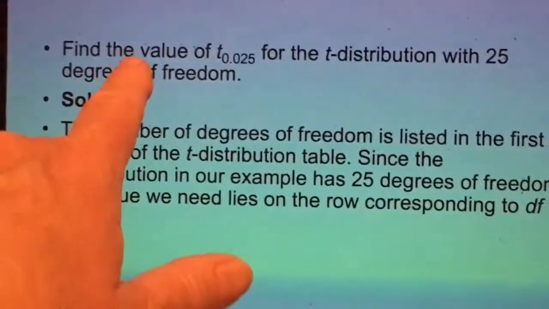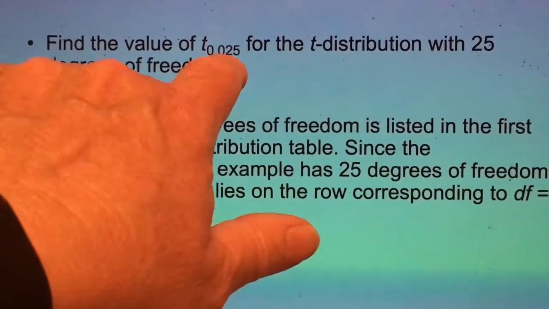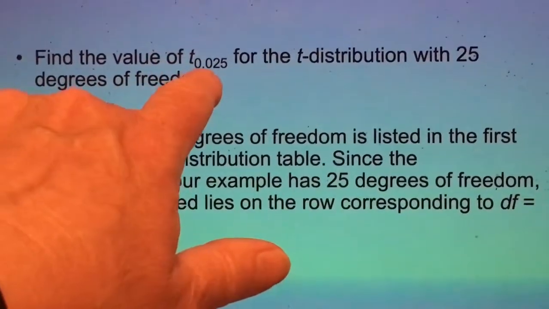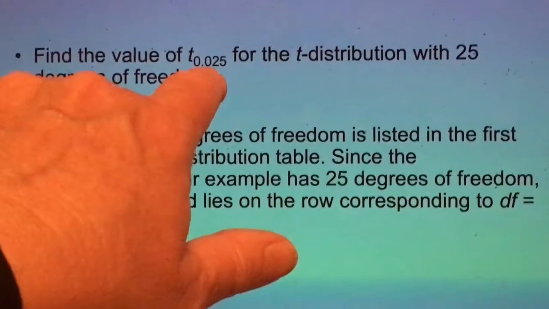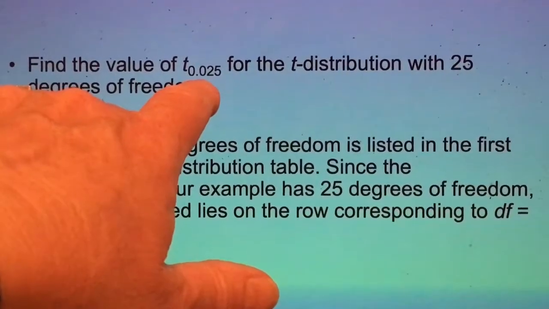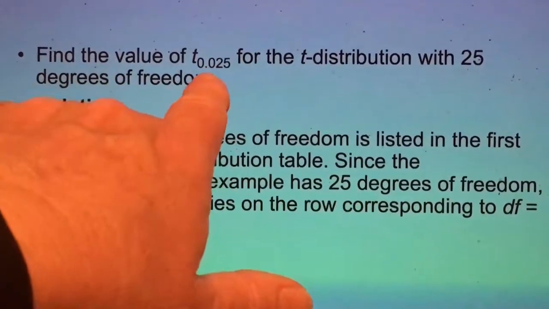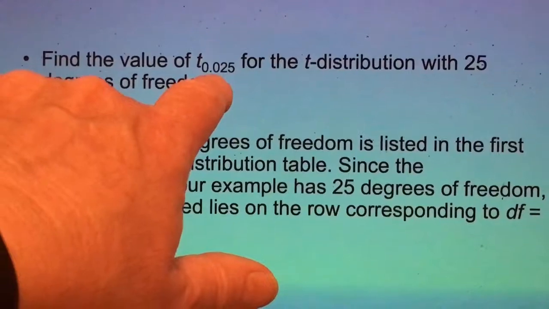Okay, so find the value of t sub 0.025. Now, that means we have that much to the right, which means we have 0.975 to the left. So we're going to look in our